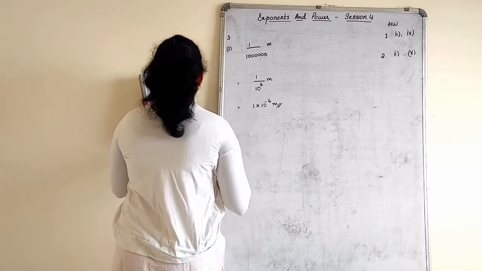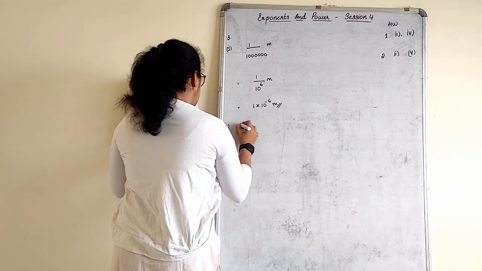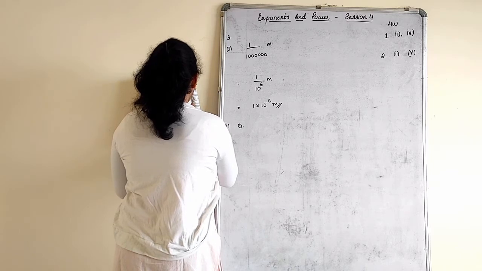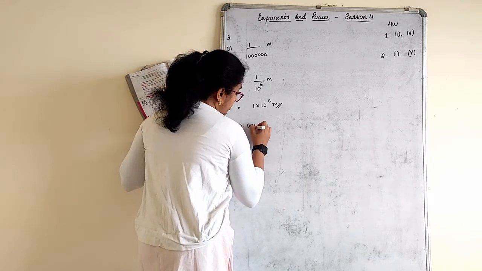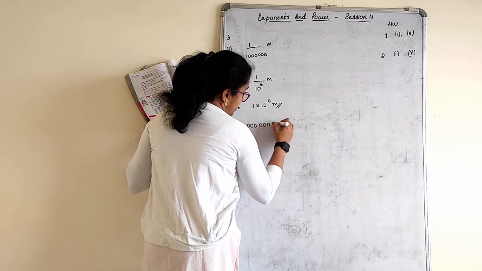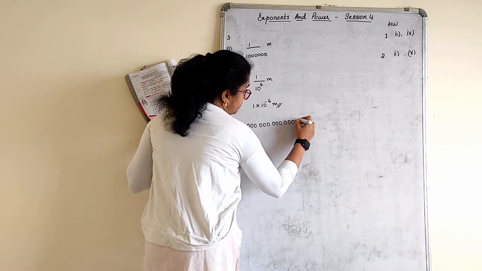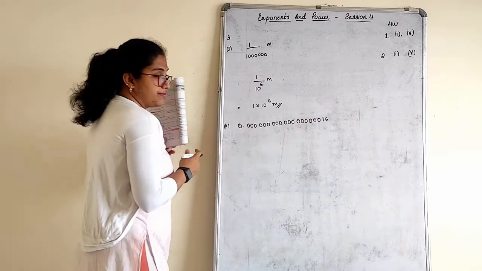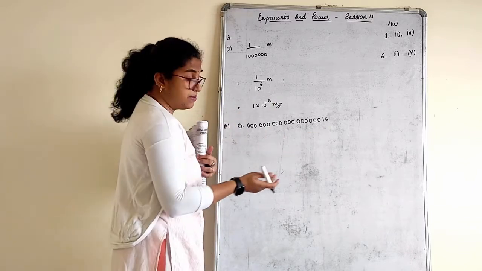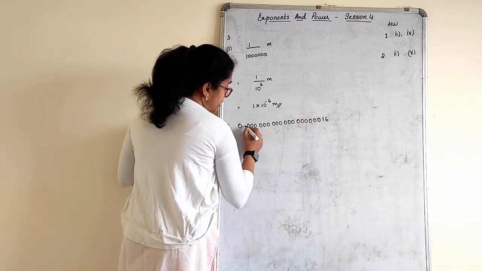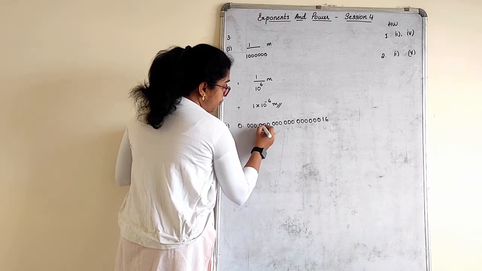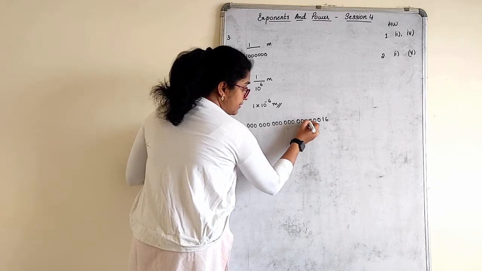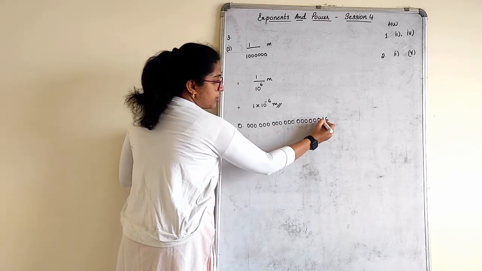Charge of an electron is 0.1, 2, 3, 4, 5, 6, 7, 8, 9, 10, 11, 12, 13, 14, 15, 16, 17, 18, 16. Okay. Shift the decimal now. Now 18 times, till here you already know. So from here if I shift 1, 2, 3, 4, 5, 6, 7, 8, 9, 10, 11, 12, 13, 14, 15, 16, 17, 18 is here, children.